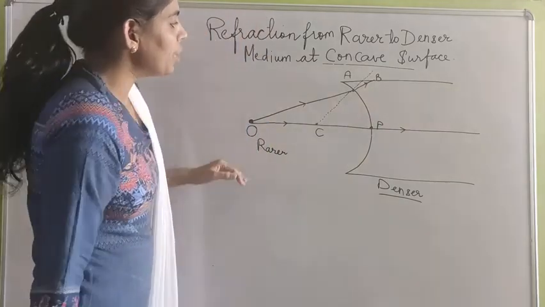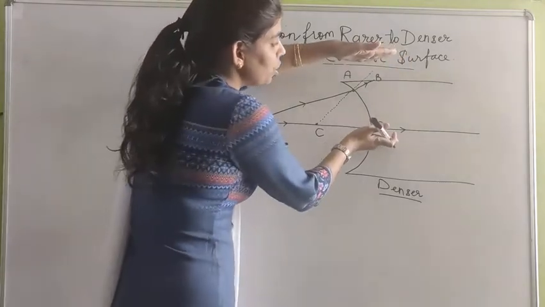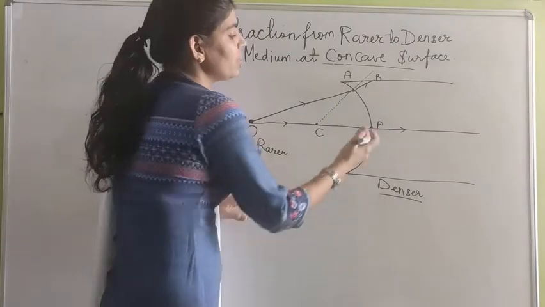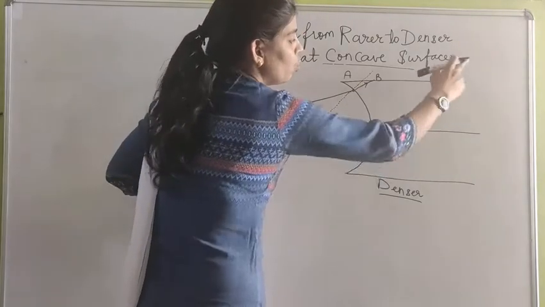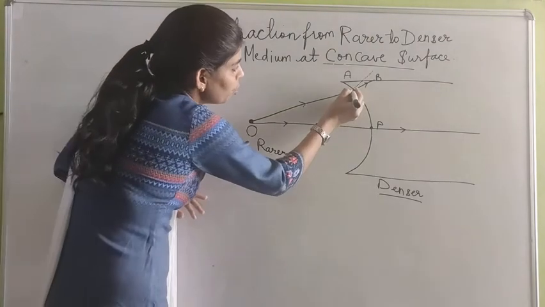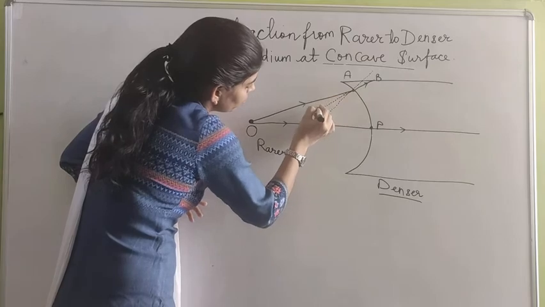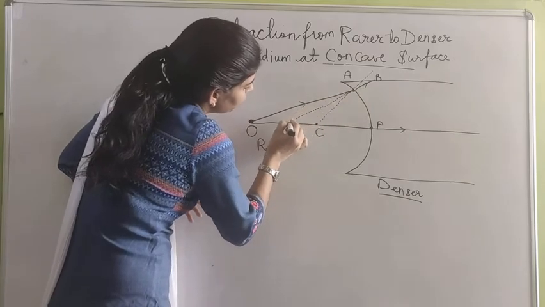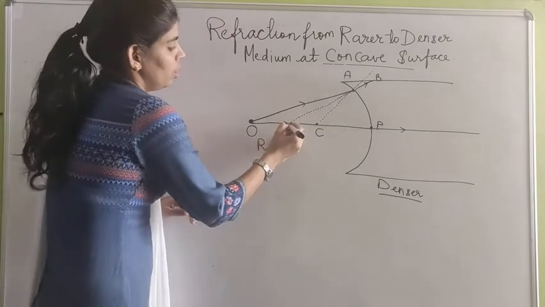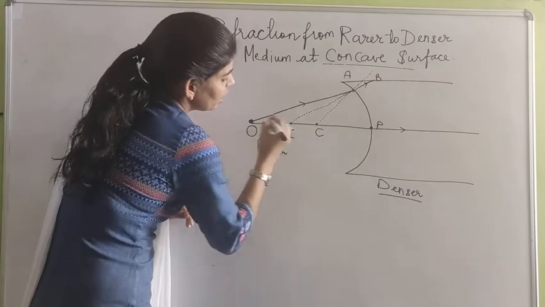आप यहाँ पे देख सकते हो, एक रे इस ऑब्जेक्ट से इस डायरेक्शन में जा रही है, दूसरी रे इस डायरेक्शन में जा रही है, and at the behind of the surface, or you can say at the right side, they will not intersect each other, but image form करने के लिए we will produce its path back side, और हमने इसको पीछे की तरफ प्रोड्यूस कर दिया, and it will intersect the principal axis at a point. Let us give it a name I.